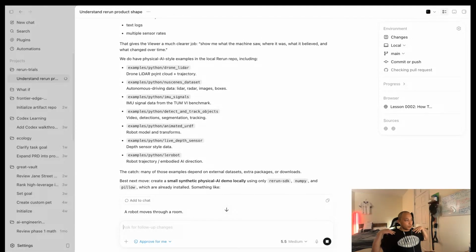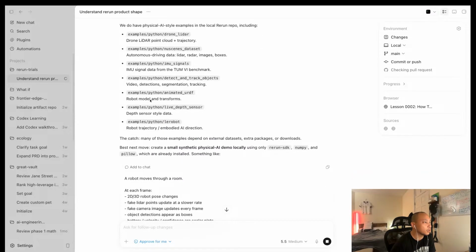Right. So the Rerun repo has some examples of drone LiDAR, nuScenes datasets, IMU signals, detect and track objects, animated URDF, live depth sensor, and D-robot.